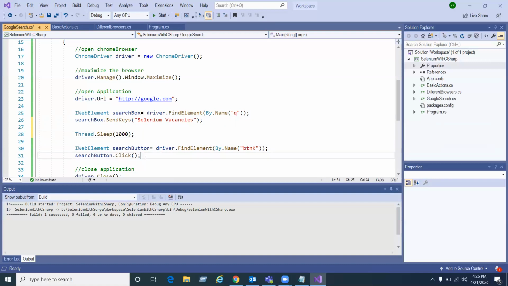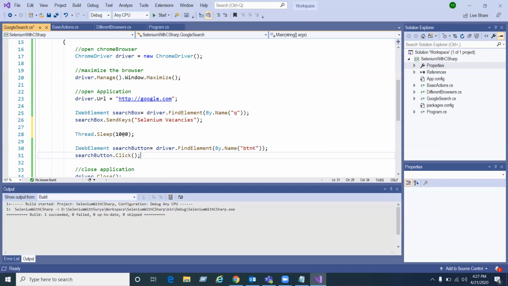Now you are able to click on the button. Waiting for 1 second is, from the user's point of view, nothing. But within 1 second, the script is executing very fast. Internally, WebDriver is looking for the web element for a maximum of 0 seconds. That means at the time of executing the program, the element has to appear, then only it will perform the action. Otherwise it will not perform the action.